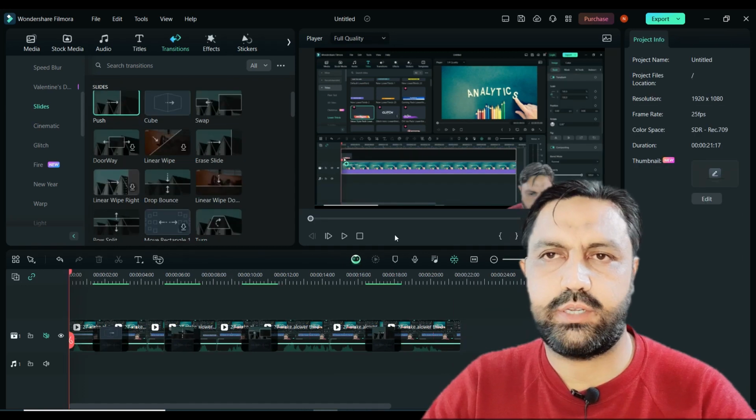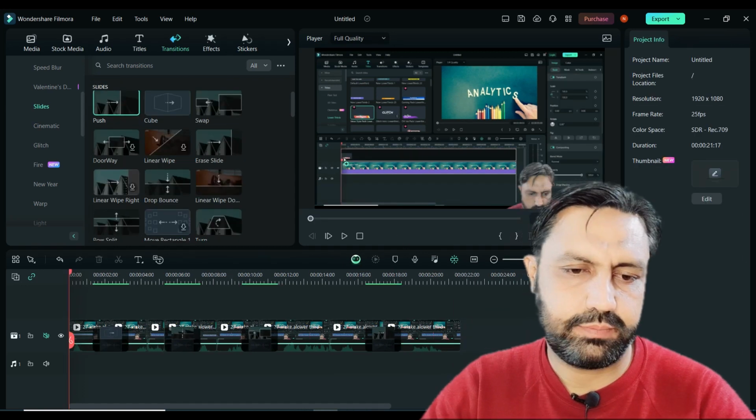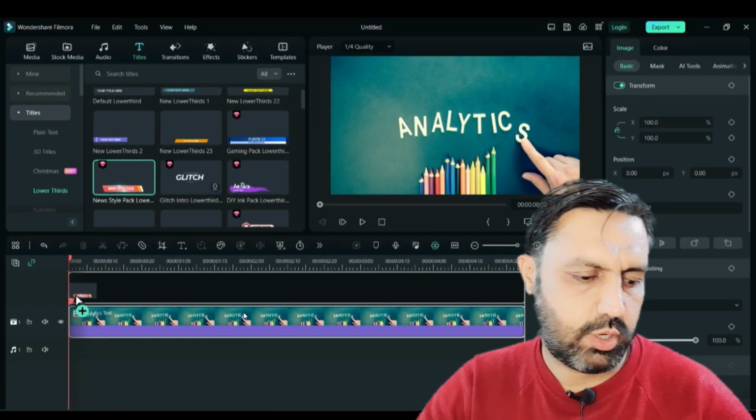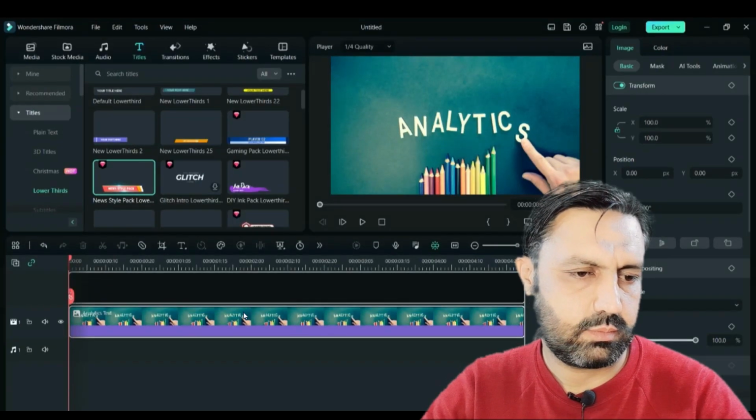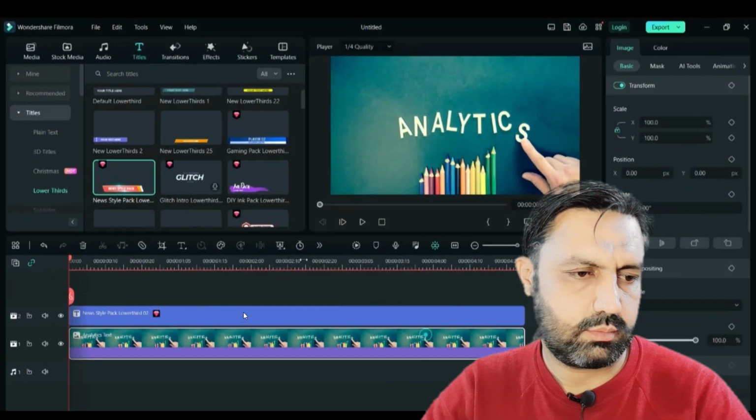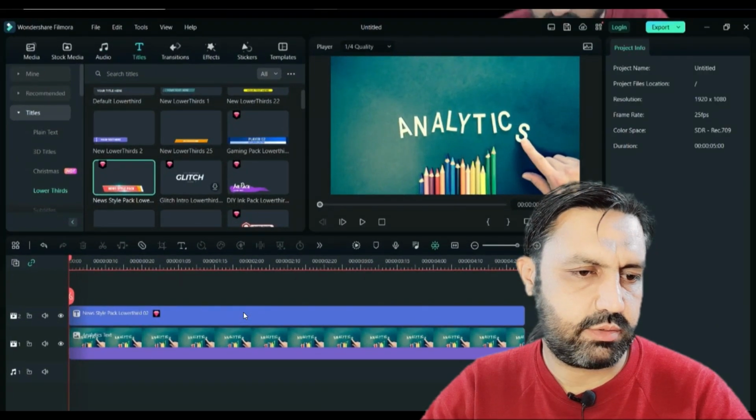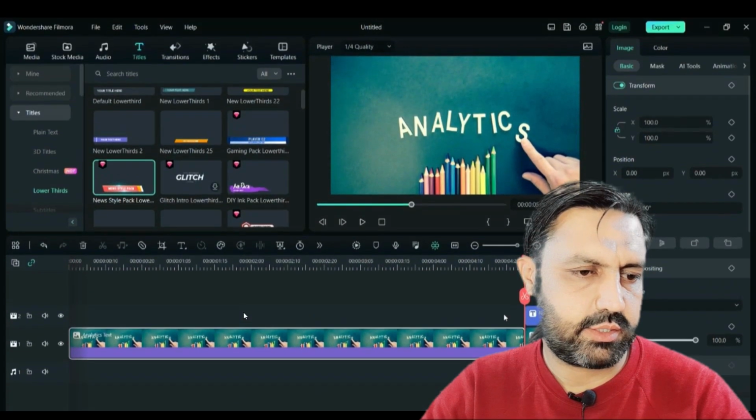Now we play this transition in full screen. So I play it. It is the first transition, and it is the second transition,